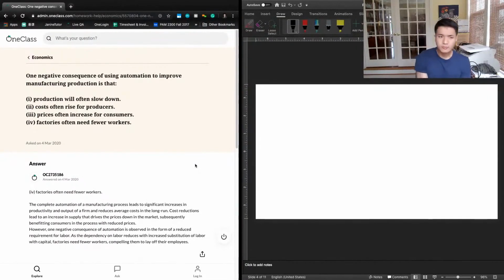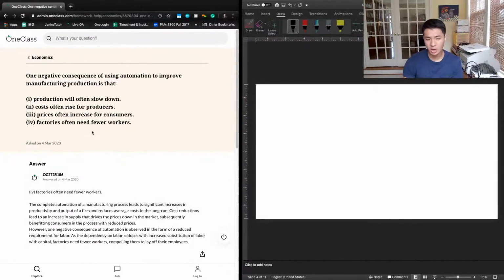And so, what is the impact of automation? Right? Automation in a manufacturing setting, almost 10 times out of 10 basically, if you're introducing automation, your production is going to become cheaper and you'll be able to produce more. And so these first two answer choices are going to be wrong. Right? Production is going to go up and costs will go down for producers. So 1 and 2 are not going to be the right answers here.